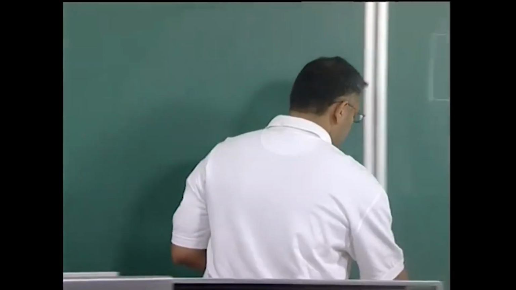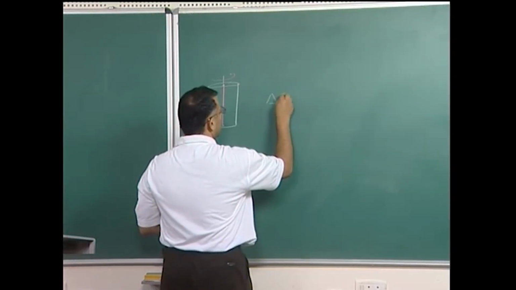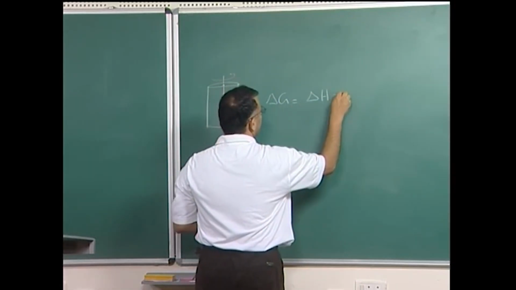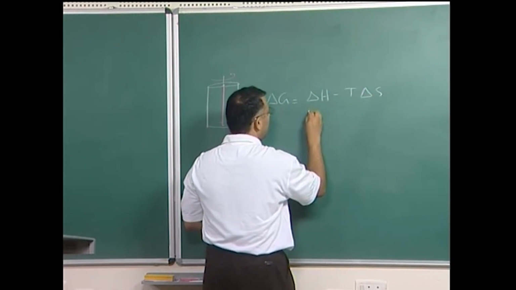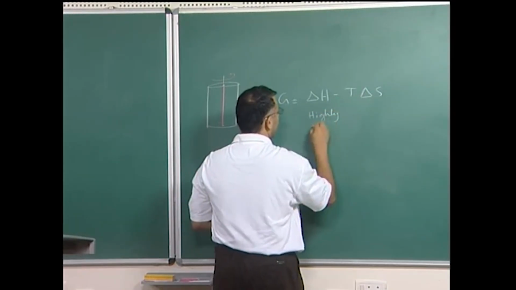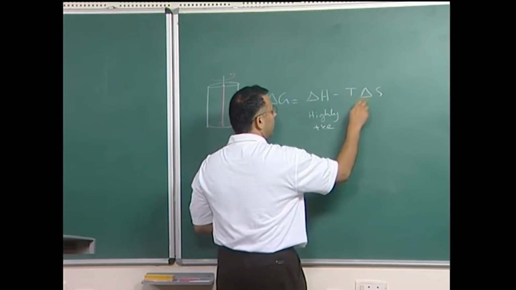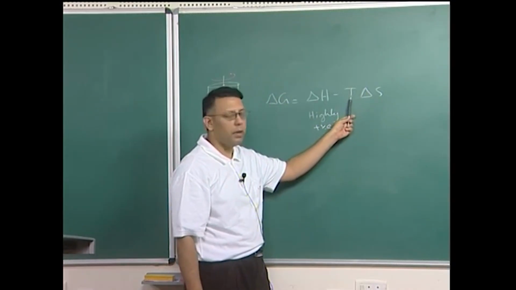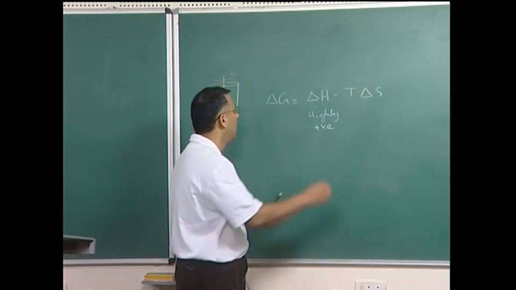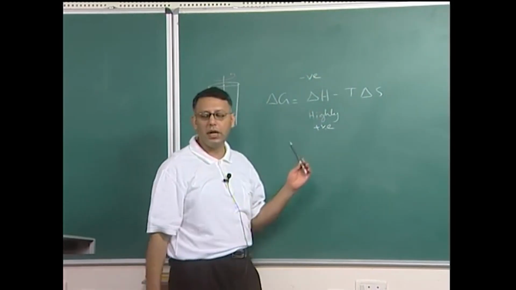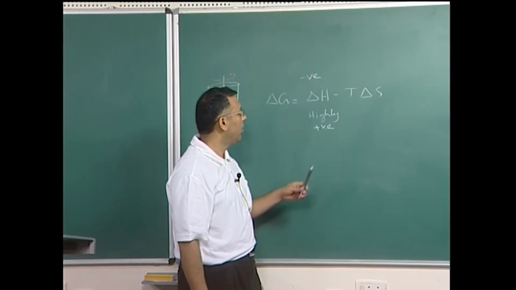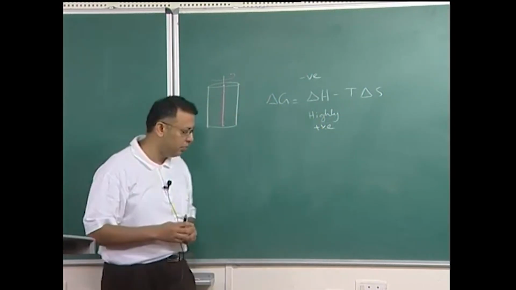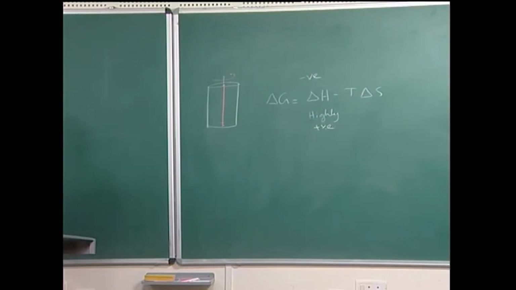Now, putting a dislocation actually costs energy, and therefore the enthalpy of the system is going to increase, but nevertheless, putting a dislocation gives the crystal a configurational benefit. Even though this term is highly positive, this term is negative, and there is going to be an entropic benefit by putting a dislocation, so we would assume that there is going to be a temperature T such that this term can be offset by this term, and the overall Gibbs free energy, delta G, is negative in the presence of a dislocation. But unfortunately, this temperature happens to be above the melting point of all known crystals, and therefore, dislocations are thermodynamically